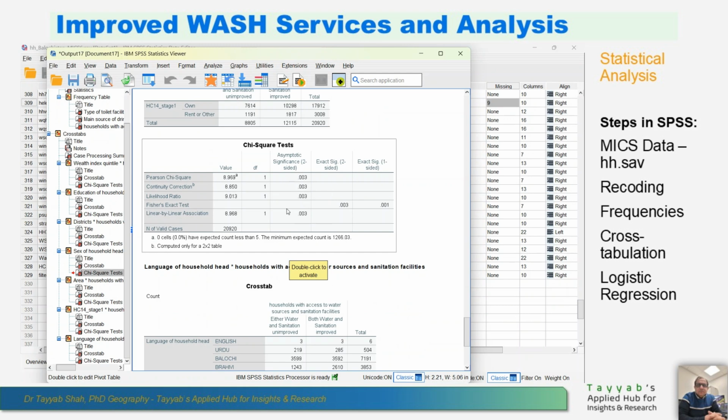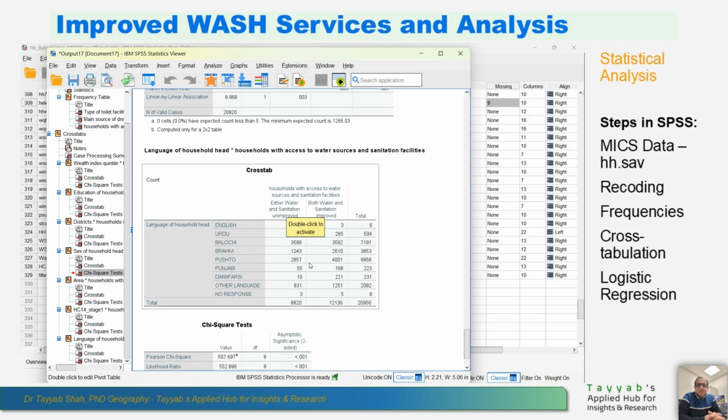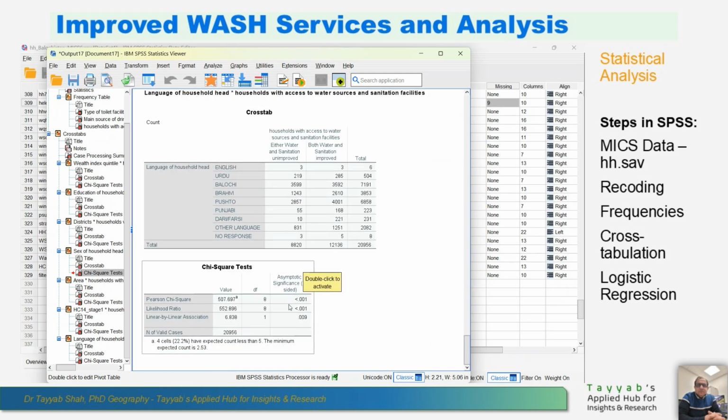We can also consider this variable as a part of it. And then the language, which is also significant, but I'm not going to include it because there are some categories I would have to regroup, since the numbers are very small. So maybe we can combine Balochi, Pashto, and other. That could be one way we can combine it. But we will take this data and move next to the